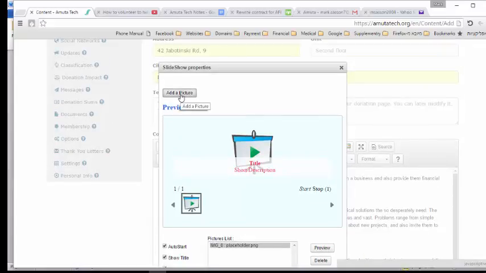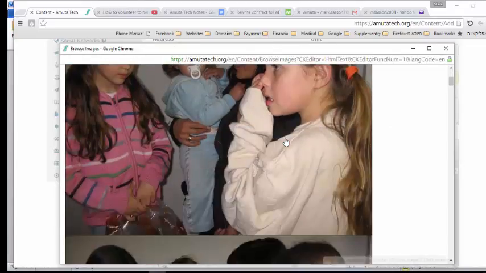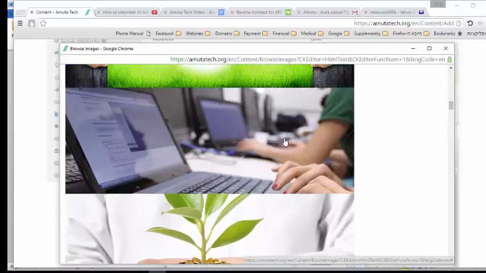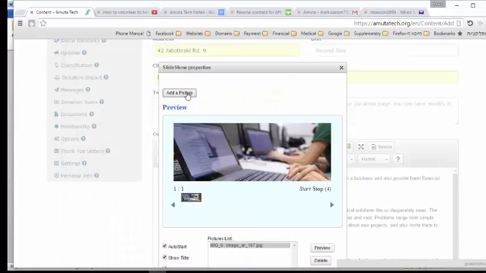And remember what I said, to add pictures, just upload images anywhere you want and delete them, then they become permanent on the server, and they're available to you. So you click the add button, and there's a bunch of images over here, and I'm going to select this image first, and I'm going to